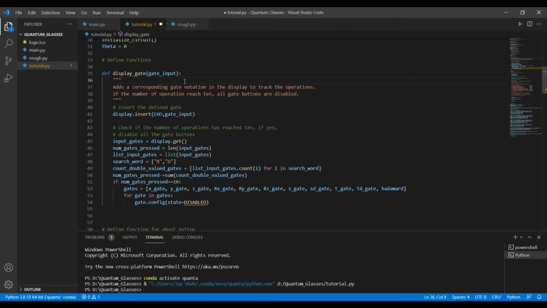Think of this as just a simple string, and we take that and we just display it. We insert it, and this end helps to denote the position. We already saw this end when we were working with the about button. So the display part is pretty simple, nothing much of a headache.